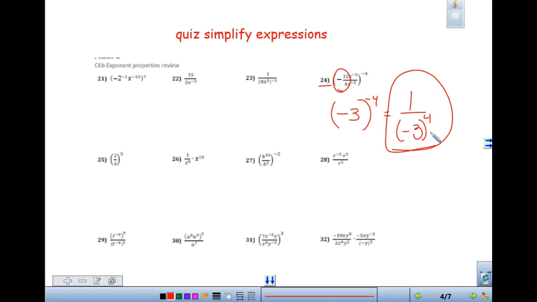I am more concerned that you understand the rules of exponents than you have the larger numbers that you put in your calculator, okay? So you want to finish this whole page through number 32 if you're going to take the quiz. If you finish your